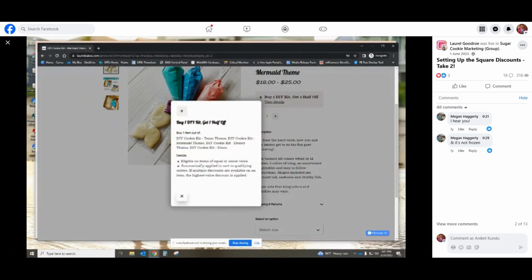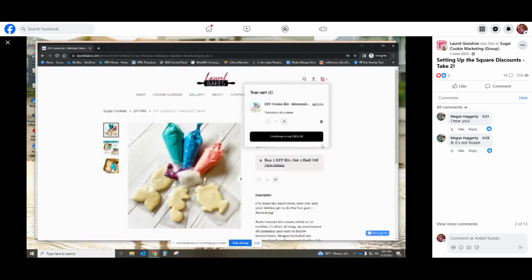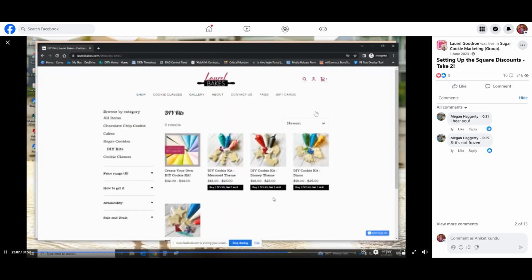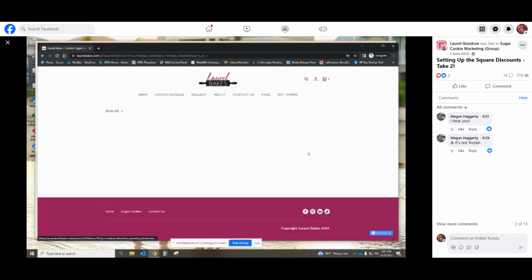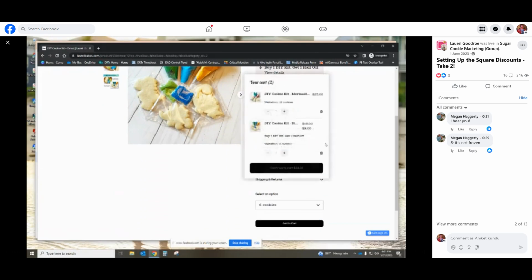Eligible item equal lesser value, multiple discounts. You've seen all that before. So purchasing the 12 count, that's at regular price. And now I want to buy a different cookie kit, but only going to do 6 count. You can see here that it dropped